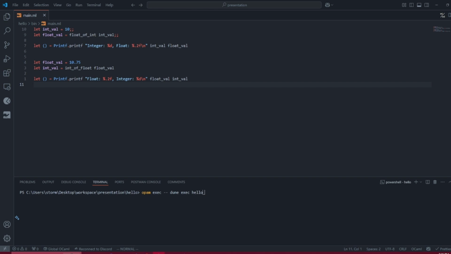OCaml supports type conversion from one type to another using pre-built functions. For example, to convert an integer to float, we use the float_of_int function and we pass in the integer value. And vice versa, we can convert a float value to an integer value using the int_of_float function, and we pass in the float value. If we print those,